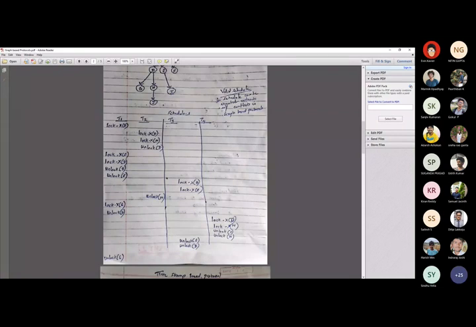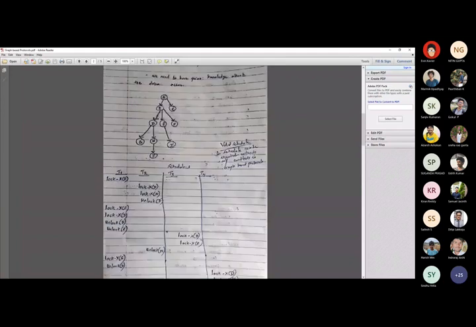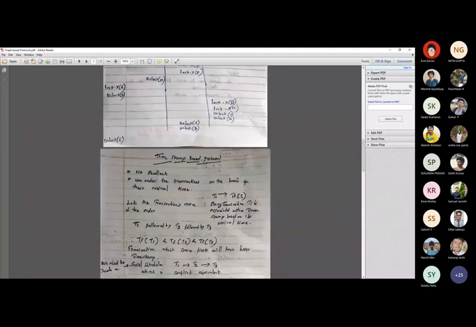So this is how we work with the tree-based protocol or graph-based protocol in the case of concurrency control techniques, right? So the next